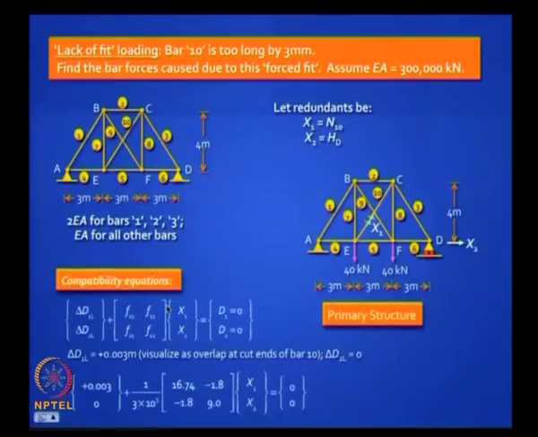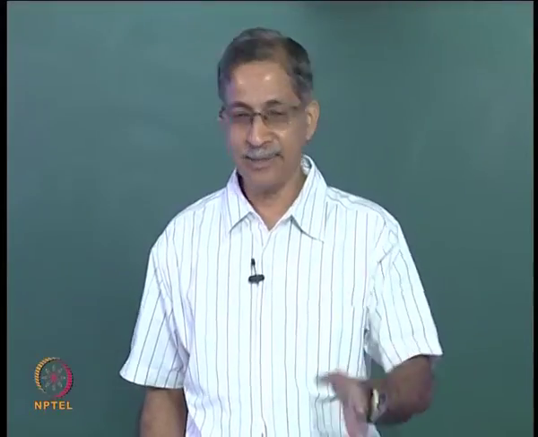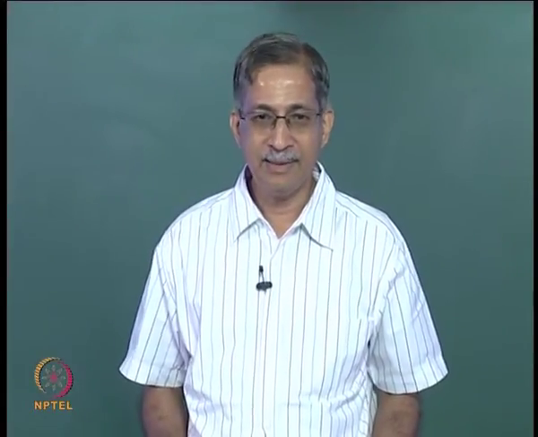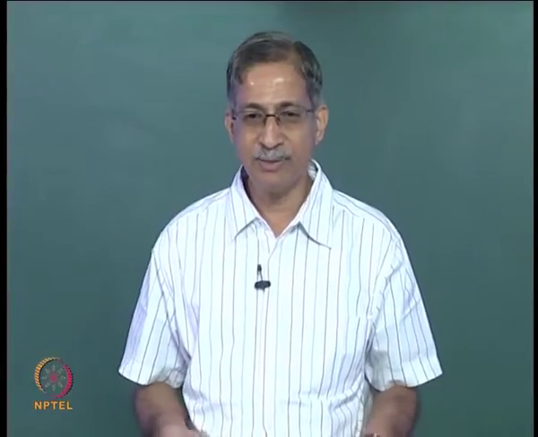Is it clear? This is a common mistake we tend to make, and D2 is always 0, so you do not have to worry. So isn't it easy to solve? You have already got the flexibility matrix, you have already inverted it earlier, and so it's very easy to solve. You get x1, x2. So once you are familiar with a truss and its flexibility matrix, you can handle any loading. You put 100 loads, you get 100 answers just by solving this matrix, and once you have the solution, you can do superposition, you can get the forces.